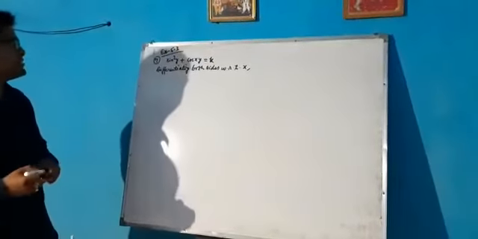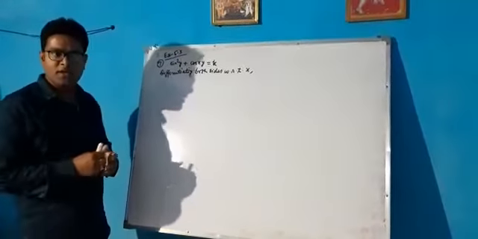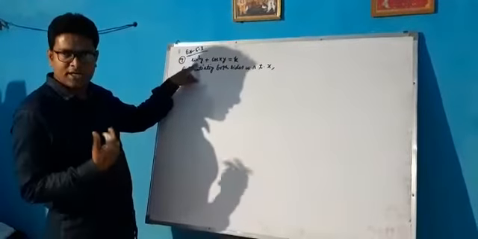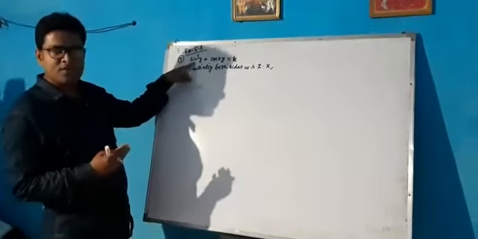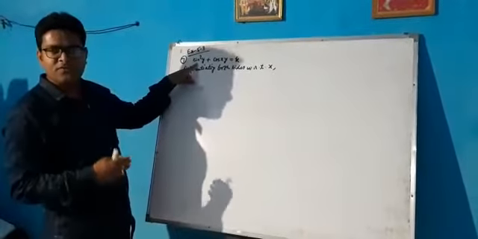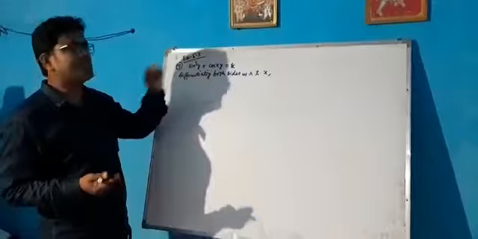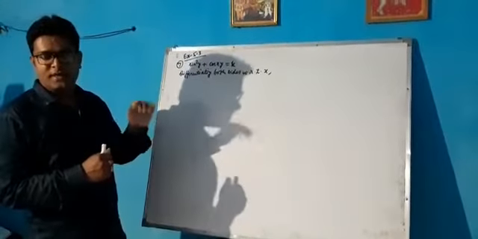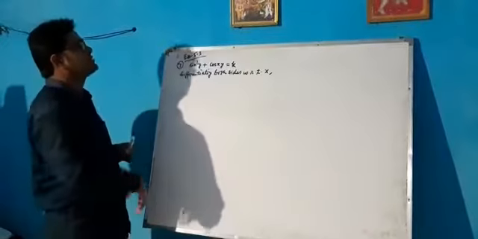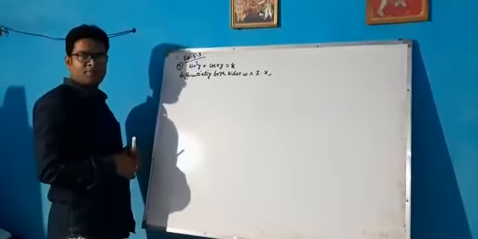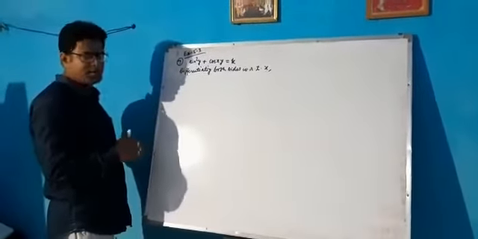Now see here, sin square y is a function of y and y is a function of x. So we have to apply the chain rule here. Again I am reminding, sin square y is a function of sin y and sin y is a function of y. In the same way, cos xy is a function of xy and xy is a function of x. So in xy we need to apply the product rule. One by one we have to apply this chain rule here.